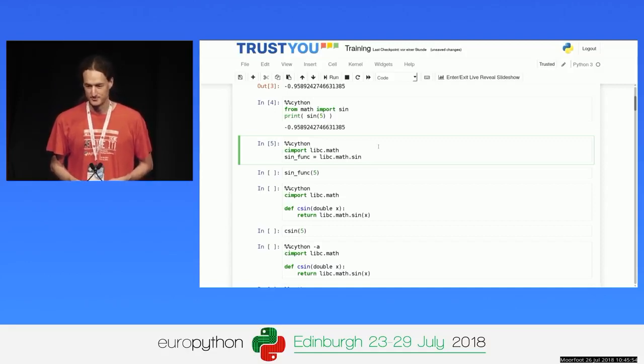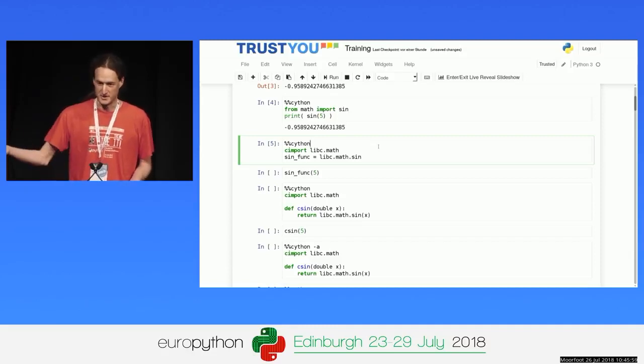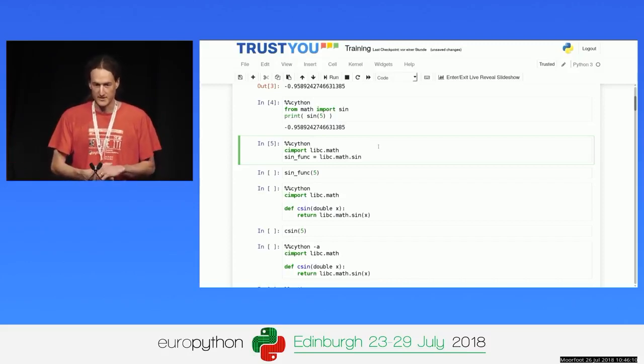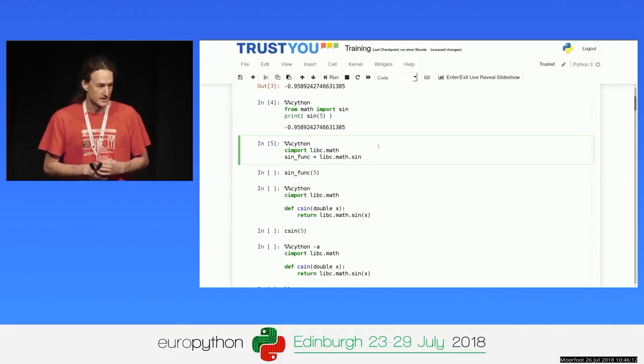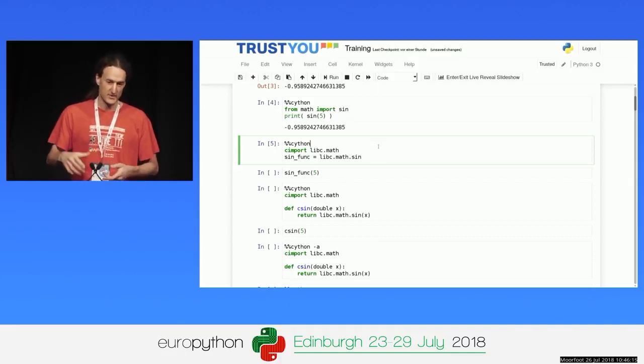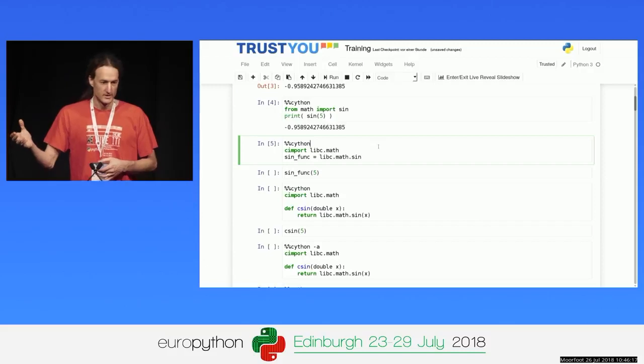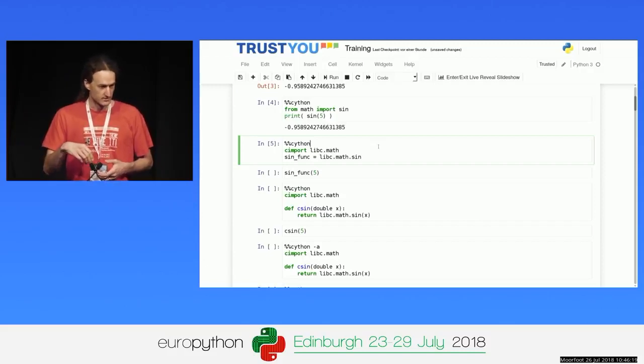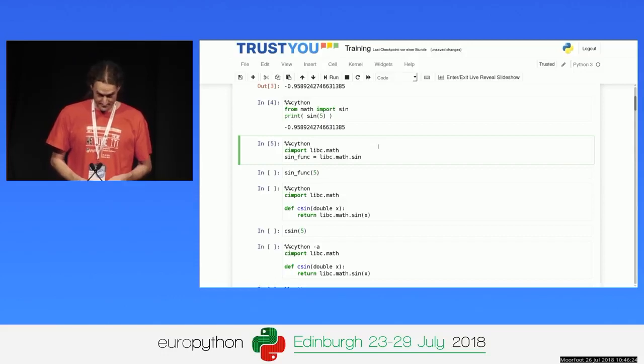It becomes a callable, right? A Python callable. Because it's kind of obvious what this should do. I have a function here. Cython can see the function's signature, and I want it to be a Python thing. So the most obvious thing to do is convert it into a Python callable. And what Cython does is it generates code for me that wraps the C callable in a Python callable object. So you can't call it directly? I can now call it directly. You'll see that in a minute.